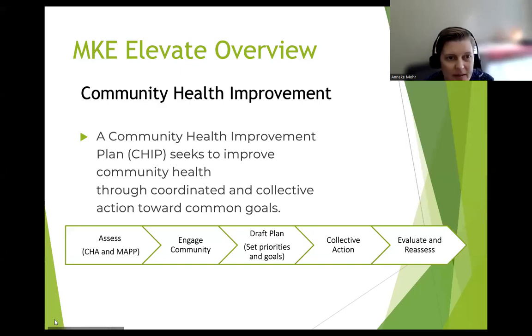All right, so I just wanted to start with a really quick overview of our community health improvement process. I'm assuming most of you are familiar, but for those of you who are new to this kind of work, most health departments do a community health improvement plan, or a CHIP, every 5 years typically, and then health systems will typically do one every 3 years as a result of the Affordable Care Act from about 10 or so years ago. So it's really a cyclical process where we look at our data, we do what's called a CHA,